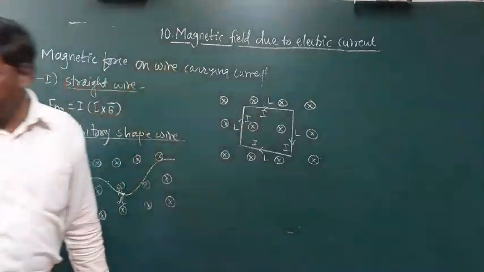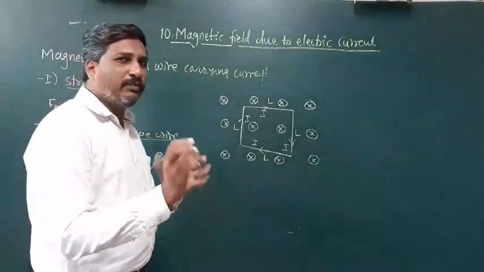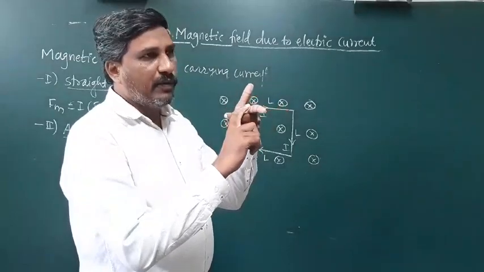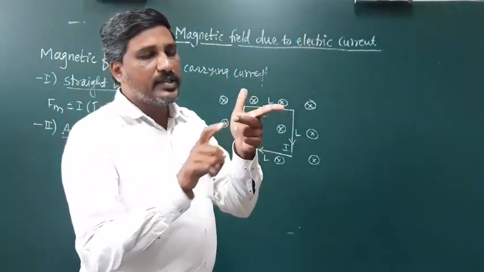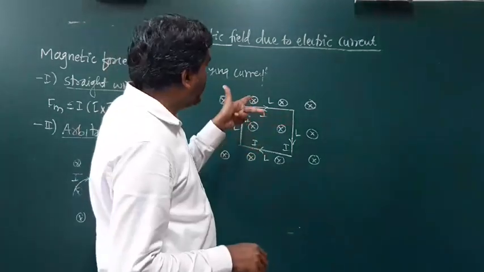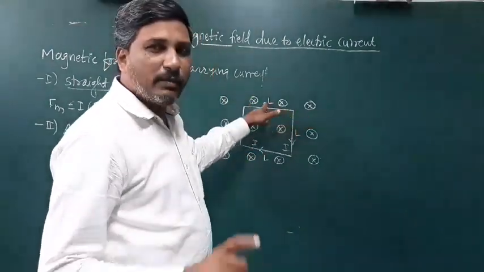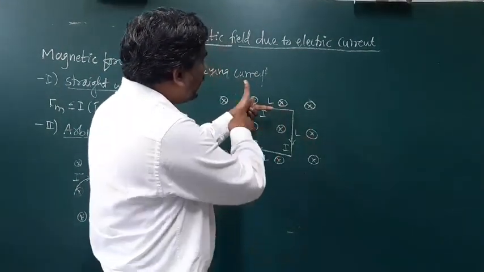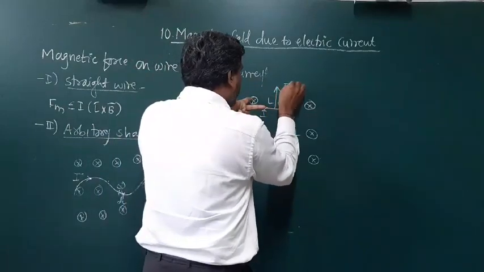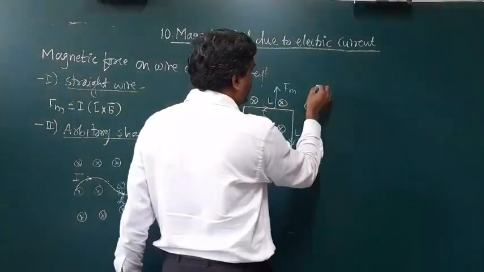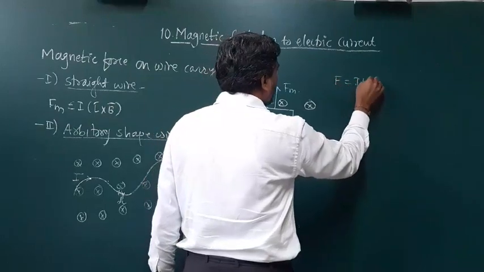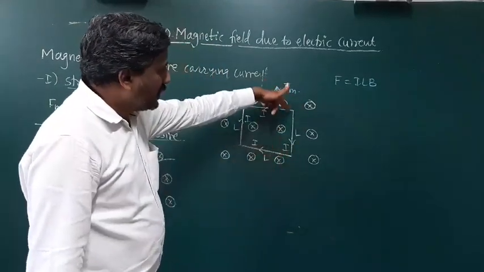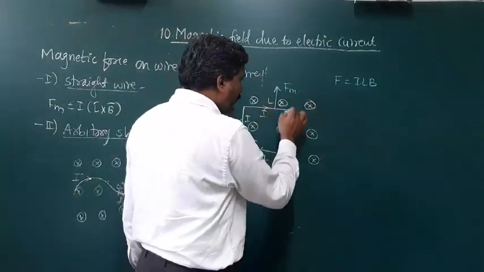Now we calculate the forces. First we calculate the force. The thumb indicates the force, the first finger indicates the magnetic field, and the middle finger indicates the direction of current. See here, this cross sign is there, meaning the magnetic field is away from the observer. Current is flowing in this way, and the force is acting in the upward direction. The conductor is a straight conductor, and the force is given by ILB. Here all are at 90 degrees. Now in the first part, the force is in the upward direction.